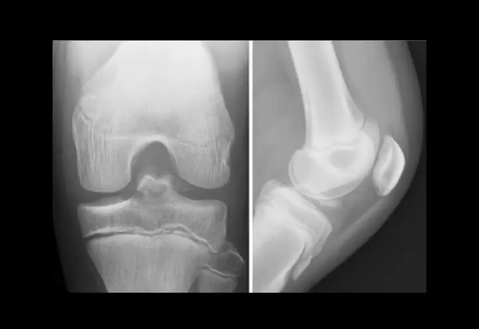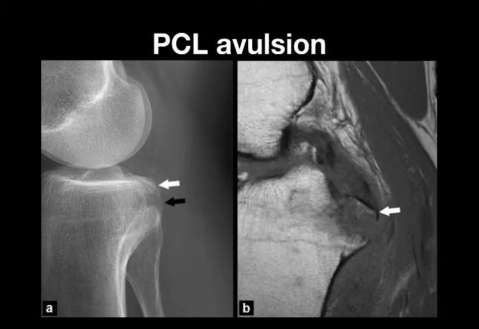Sometimes we even have to see the tunnel views, and in tunnel views the avulsion fracture may be displaced into the notch. Another cruciate avulsion fracture is the PCL avulsion fracture, and this avulsion fracture occurs at the posterior aspect of the tibia and extends way down